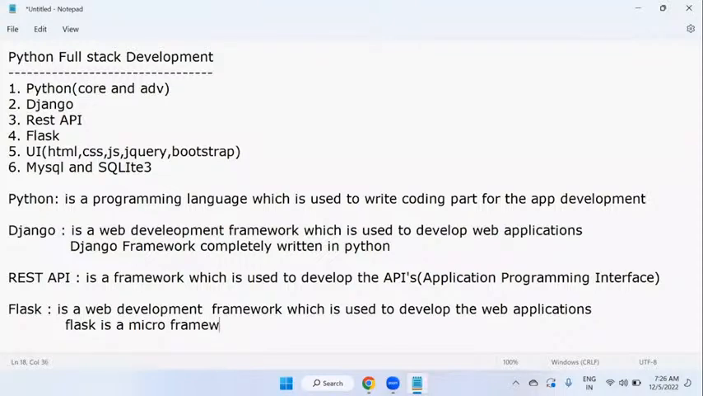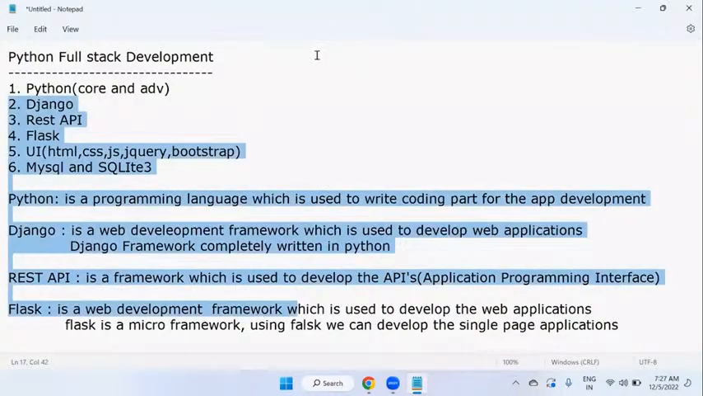That means using Flask, we can develop only single page applications. Single page applications only we can develop using Flask. In real time, generally Flask can be used to develop microservices or small scale applications, or obviously feature scope is